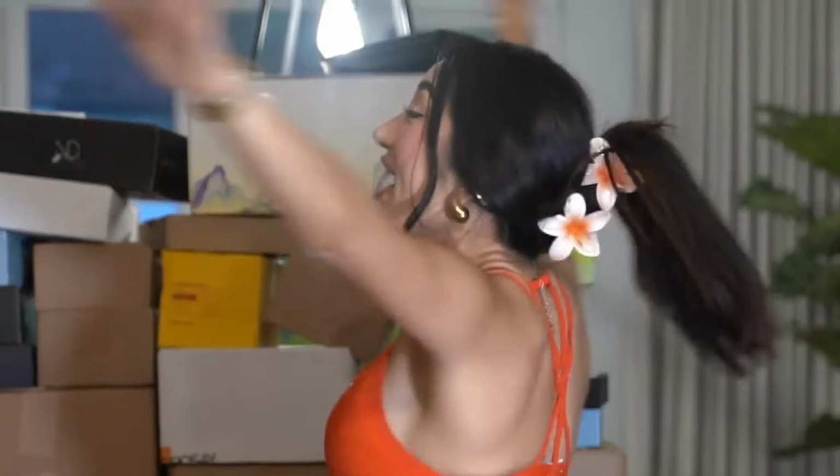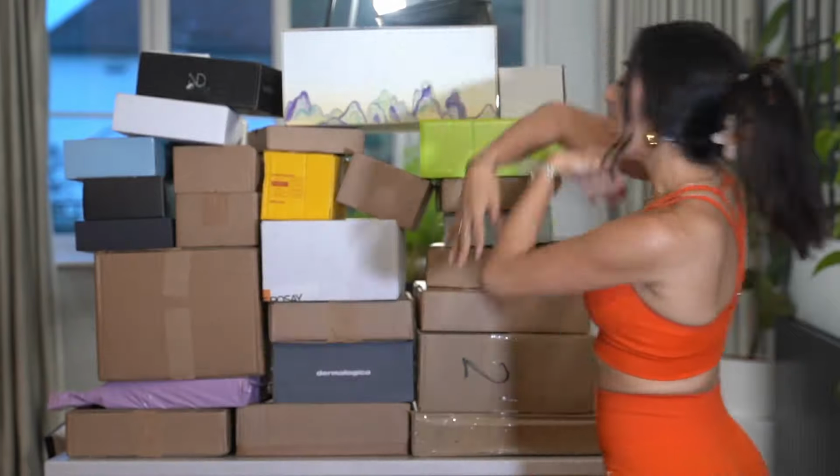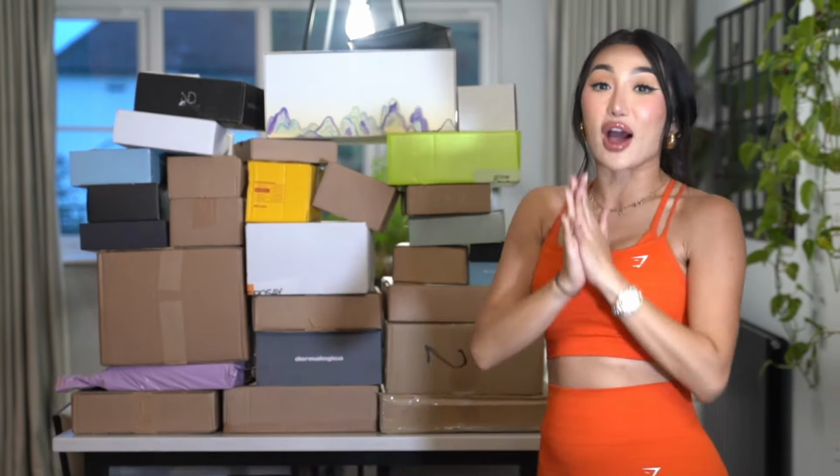Who wants free makeup? You get a free mascara, you get a foundation, you get a lipstick. We all love makeup. One of the biggest perks of my job is every single time I go away on holiday, I come back to this lovely sight waiting for me at my front door, and I love filming these videos where we unbox everything, we do our first impressions, I tell you the things that I'm excited about,